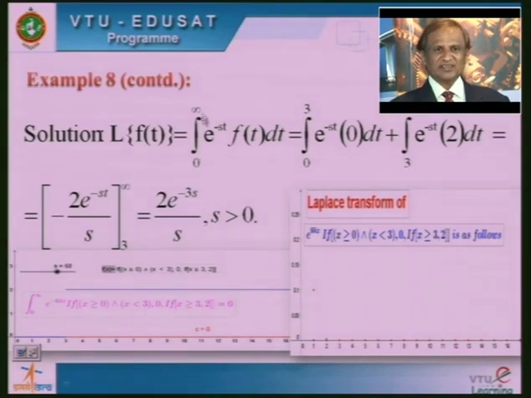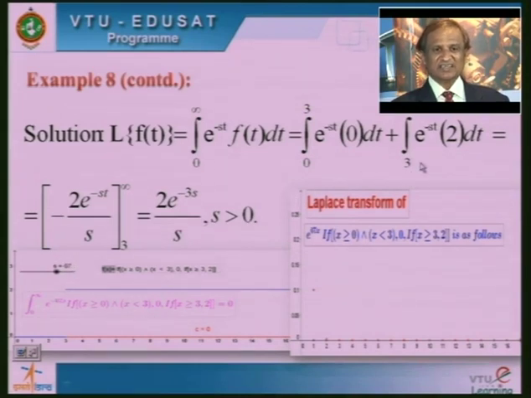So, here what are the limits? Limits means what? You can write down t is equal to 0 to t is equal to infinity, right. So, it can be split into two parts according to the given function. I can write down 0 to 3 e to the power minus s into t. First part is 0, because in this interval the value of the function is 0. That is why I have replaced f of t by 0, plus another interval 3 to infinity, because they have